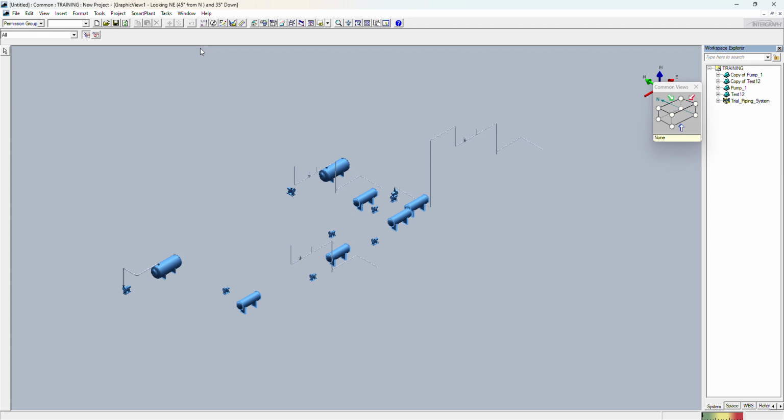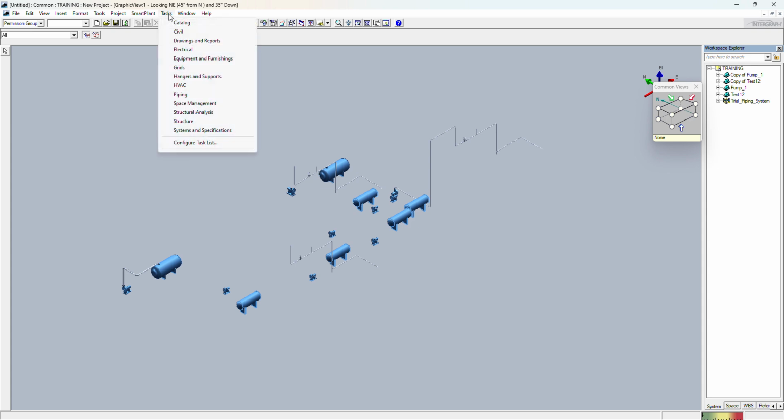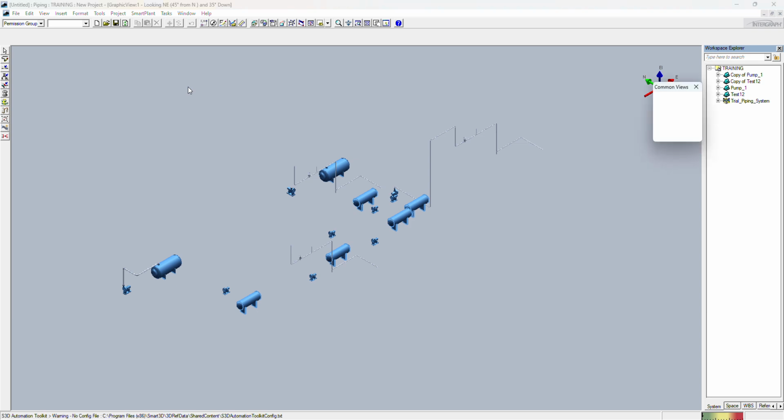So as per a request we got from one of our subscribers, he wants to know how we can change the specification in an already modeled line. Today's video is about that only: how we can change the PMS, or spec basically, in an already modeled pipeline. To do this, we need to be